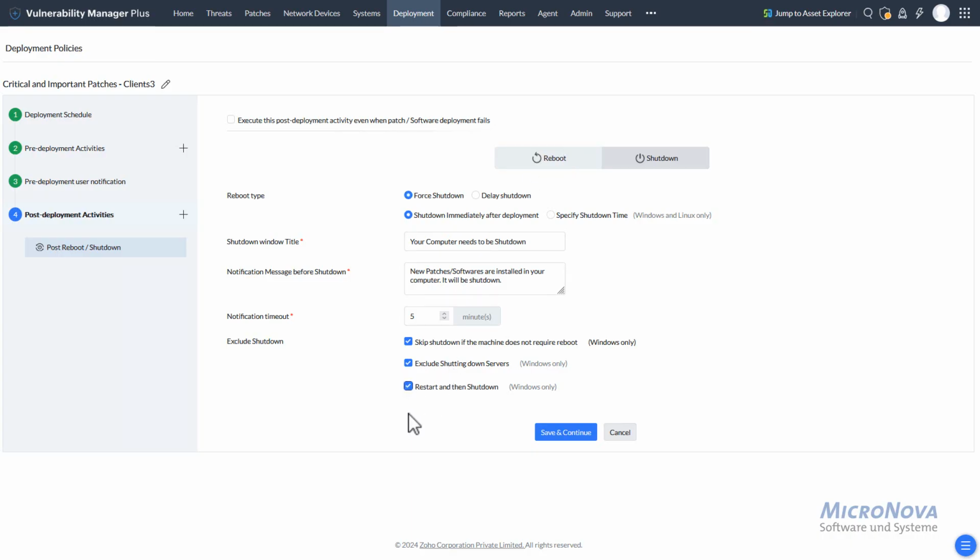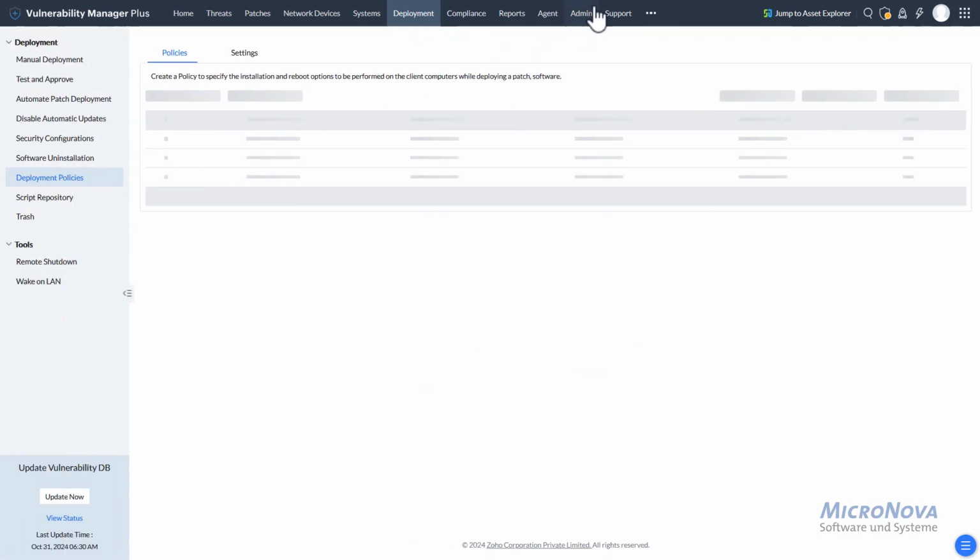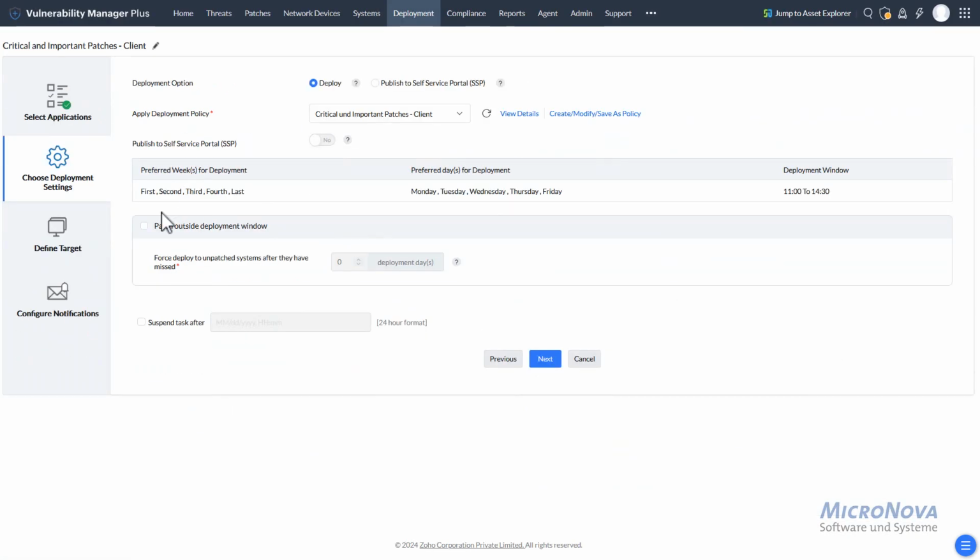Cool thing, if you wake up the systems for a deployment, you want to shut them down later, and do a reboot prior to the shutdown to perform all the after-reboot installation tasks from maybe Windows feature packs and such things. All right, that's how to build a deployment policy. Cancel, we already have one. So back to that